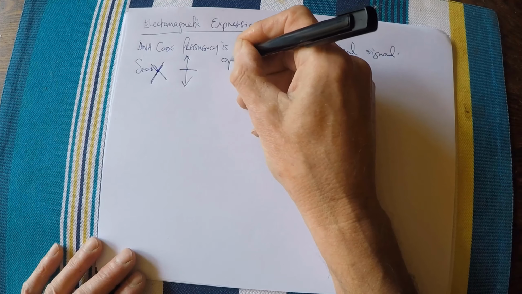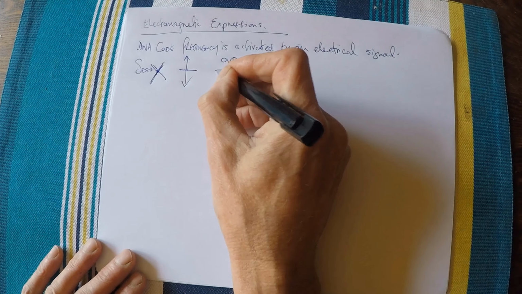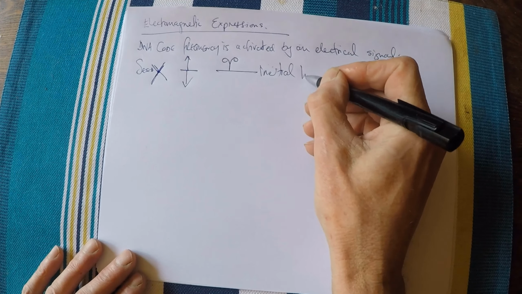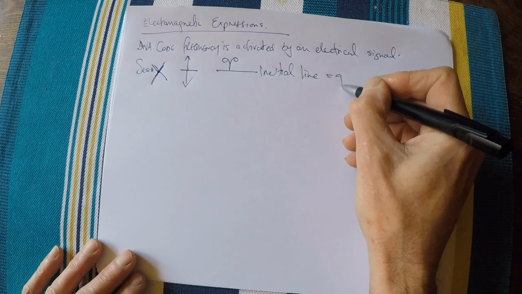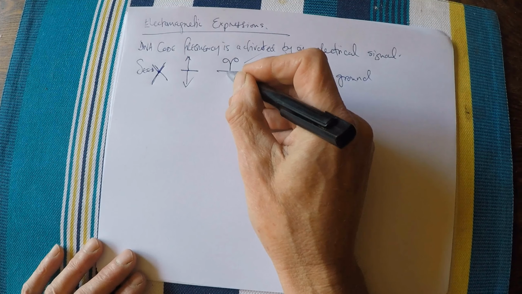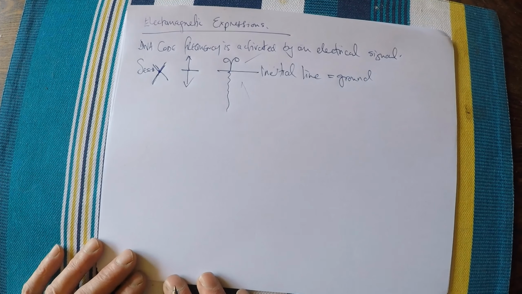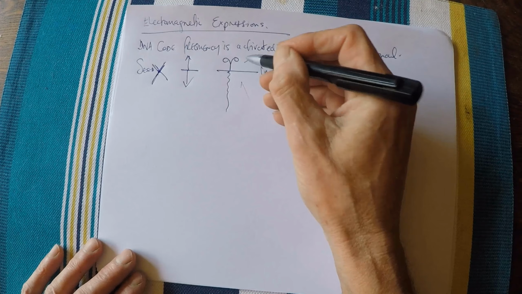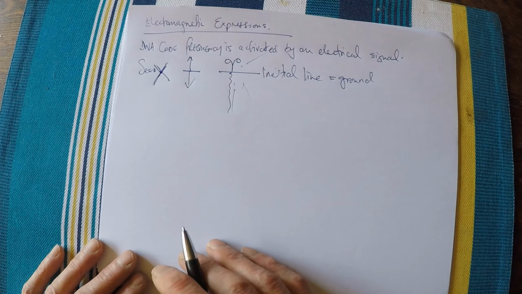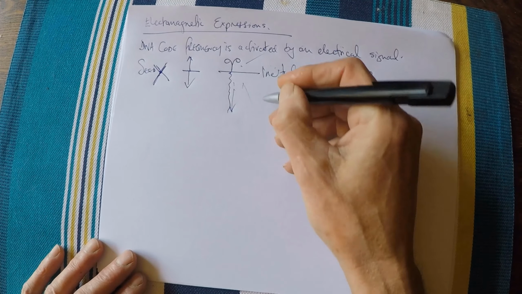The expression up here above the inertial line, which is the ground, because obviously this is air and this is earth, and the expression underneath is normally like that. We normally get an electromagnetic expression above ground and an electrical expression underground, mainly because